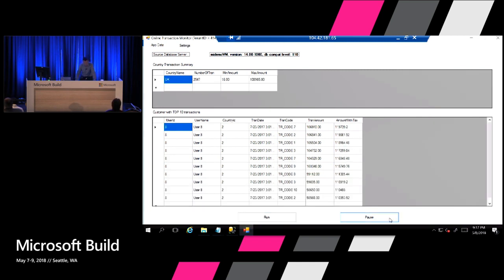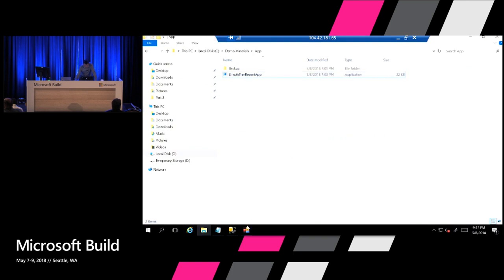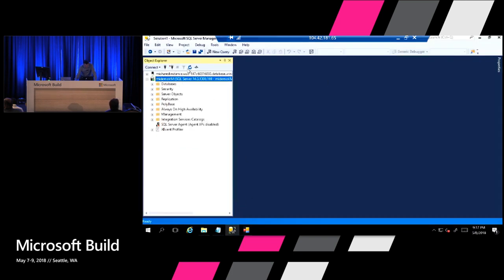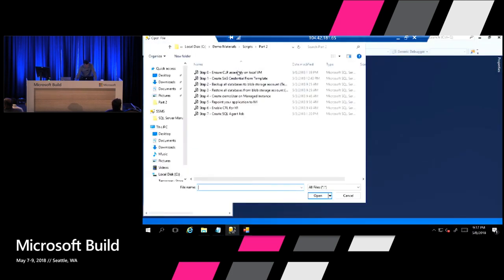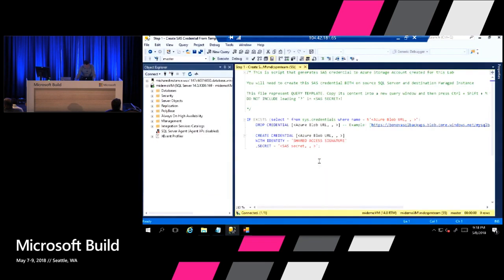I can pause it, take the backups of the databases, restore them, and run the application again. So what I'm doing now is running this script, which is a kind of template script.